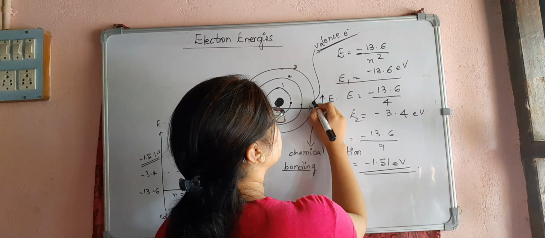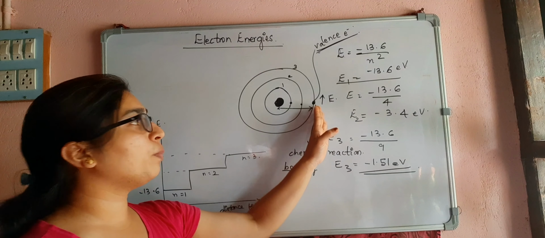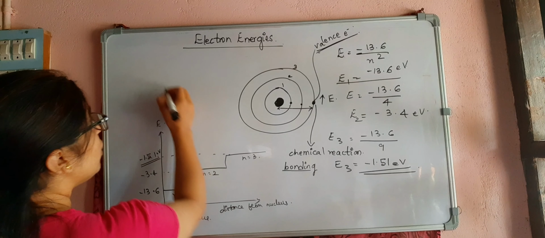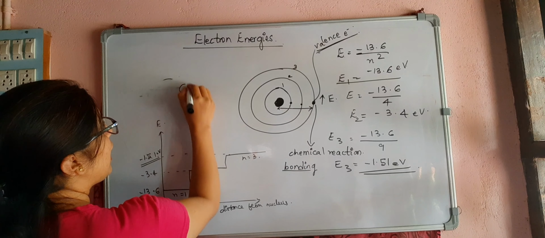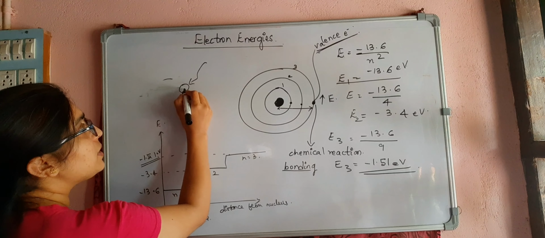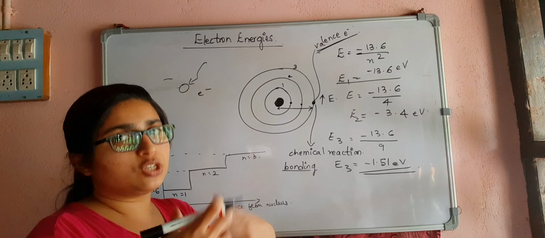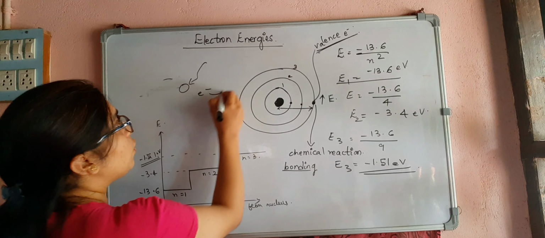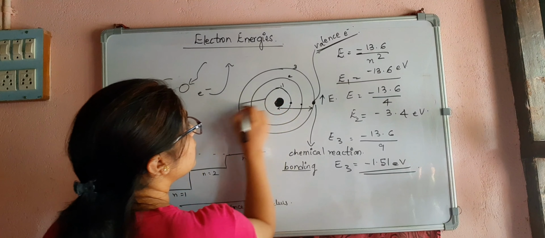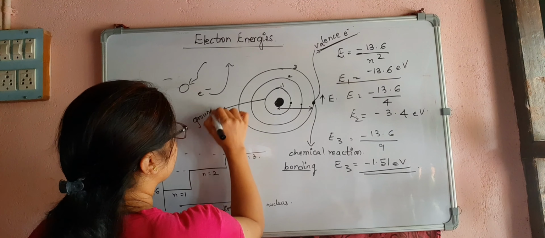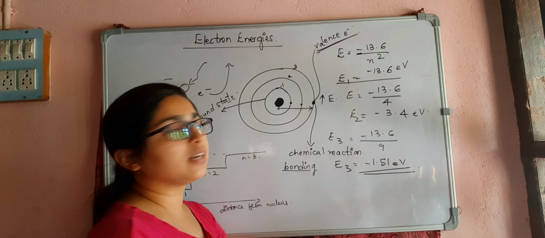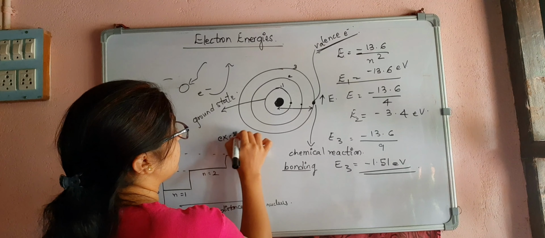So they can be knocked out from the orbit by supplying an external energy. Now if there is an atom and light or some heat or any radiation falls on that atom, the electron gains energy from that and goes to a higher energy level. The first orbit I can consider as your ground state. This is the ground energy level or ground state, and the other orbits are considered as excited states.